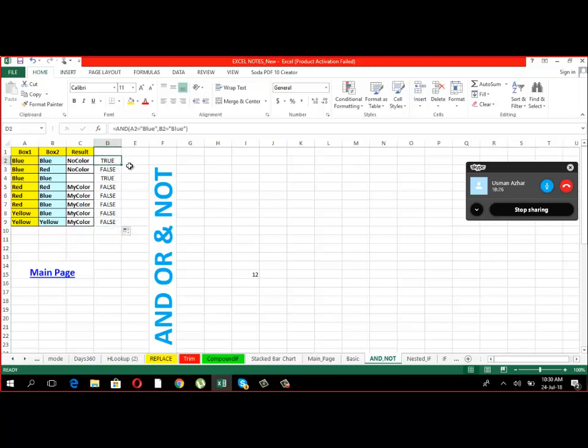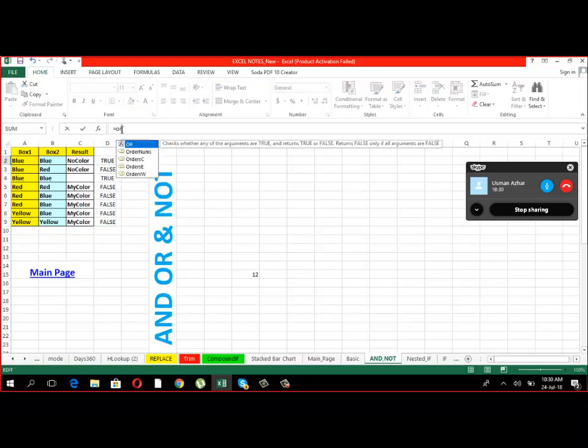Right. Then I have something over here which is known as OR. And if I say this is equal to blue,